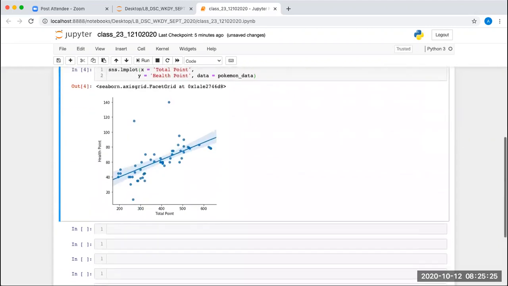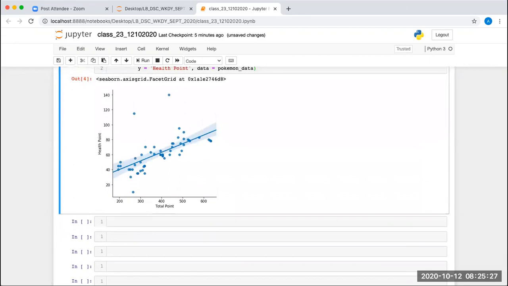This is a kind of scatter plot we are getting, and there is a linear regression line which shows the confidence interval of the data points at different locations. You can see this blue strip: wherever it is converging, the confidence interval is low, and wherever it is expanding, it is high.